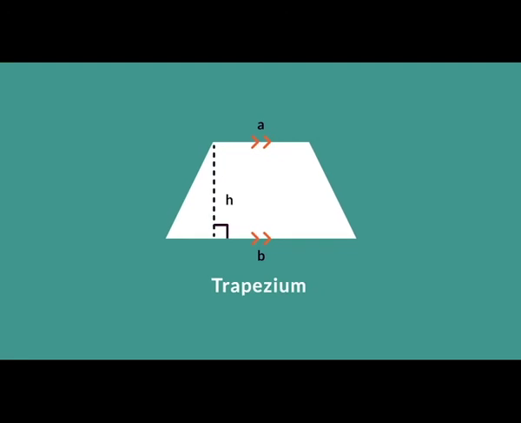For a trapezium, the formula for finding its area is area equals 1/2 times h times (a plus b). a and b are the lengths of the parallel sides of the trapezium, a the shorter side and b the longer. If the perpendicular height for this trapezium were 4 centimeters, and the lengths of our parallel sides a 5 centimeters and b 8 centimeters,